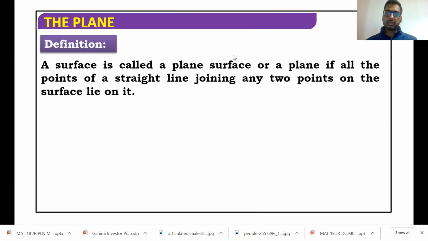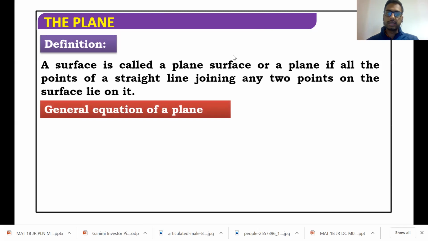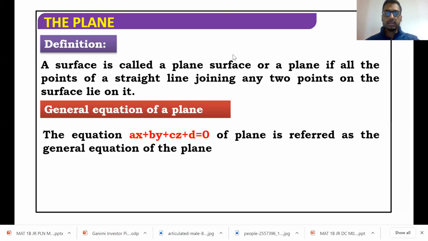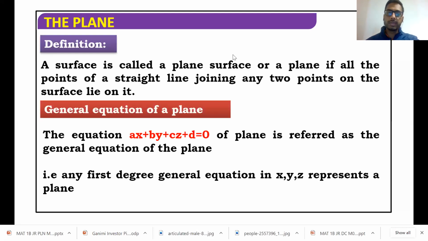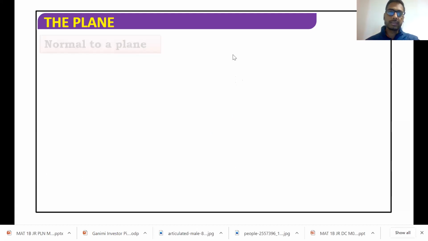Okay. So first we'll go through the basic formulas that we are going to use in JEE for this chapter. What is the general equation of a plane? We know the general equation for a line is ax plus by plus c is equal to 0. For a plane, we need 3 points. So ax plus by plus cz plus another constant term, suppose d, is equal to 0 would be a general equation. Also, the equation of a plane is going to be a first degree equation. So you are not going to have any x square terms in it. The reason is whenever there is a square, a curve is going to be present.